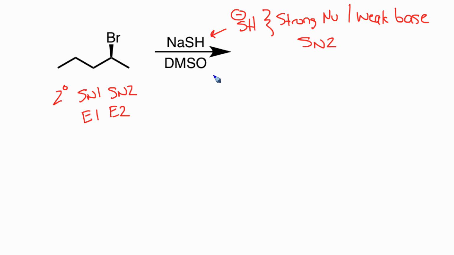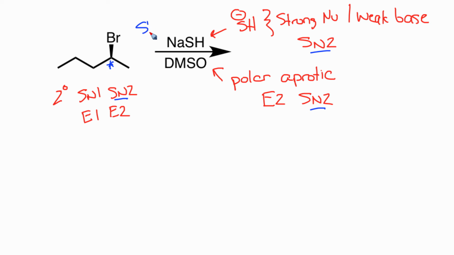The last thing we'll consider here, we are given a solvent, DMSO, that's polar aprotic. And that's going to favor E2 and SN2 reactions. So with this information, this narrows down our mechanism where we get a match that we can undergo an SN2 type reaction. If that's the case, since we have this chiral center here, the SN2, we're going to use SH-